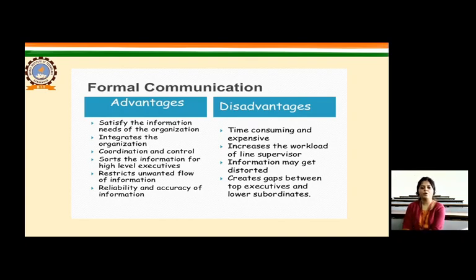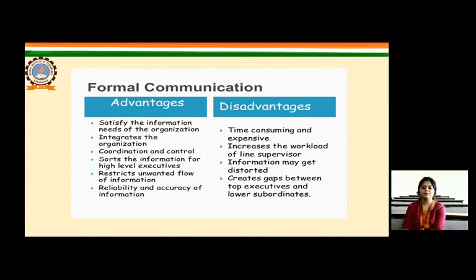The disadvantages of formal communication are, it is time consuming and expensive. See, the organization is spending time on preparing the plan of action and then explaining it. Then in office hours you are having meetings and call-ups, and then sending written drafts to everyone, or report material handouts being printed. So everything involves a cost, and it is also expensive at times, because time is money and you are investing time to pass on the information in the organization.